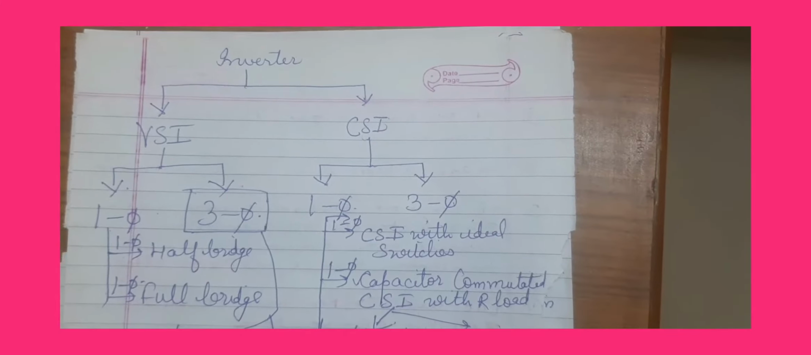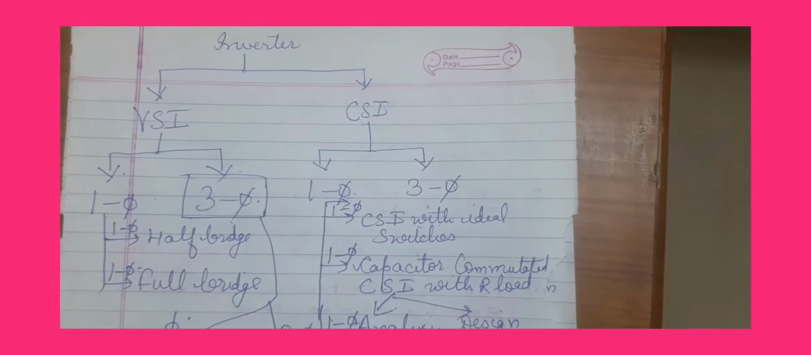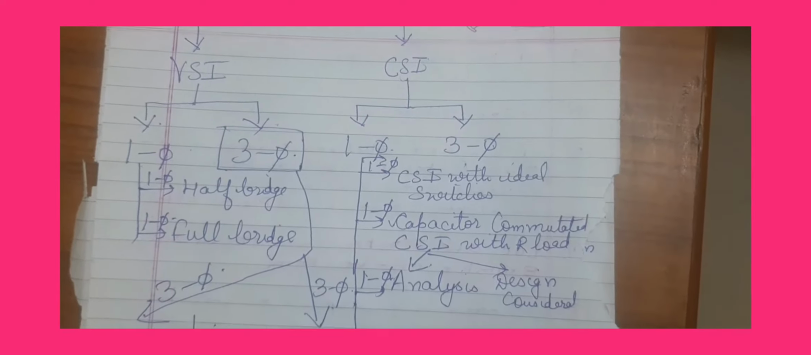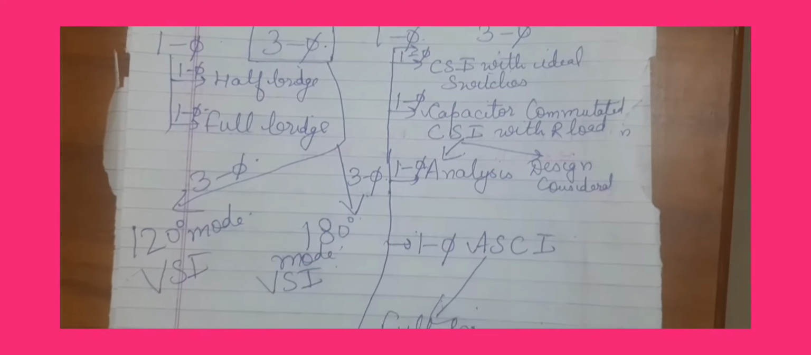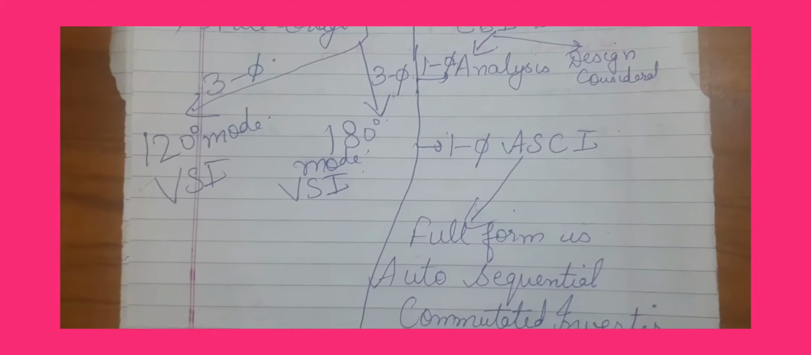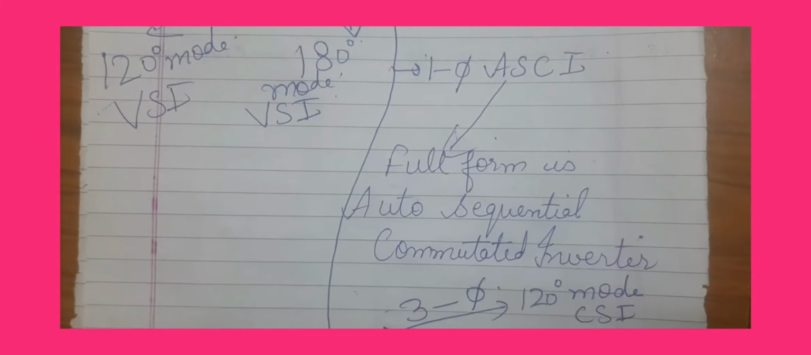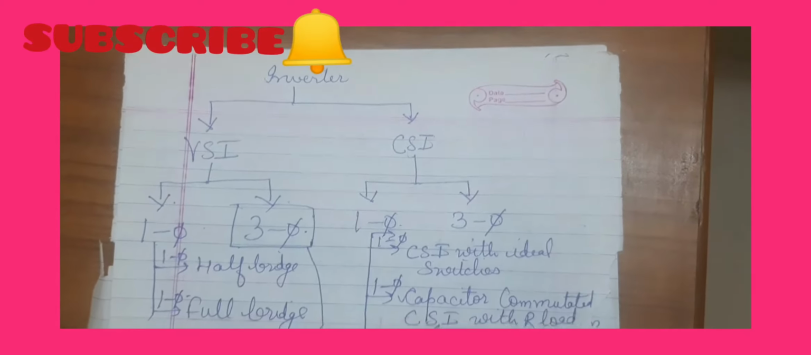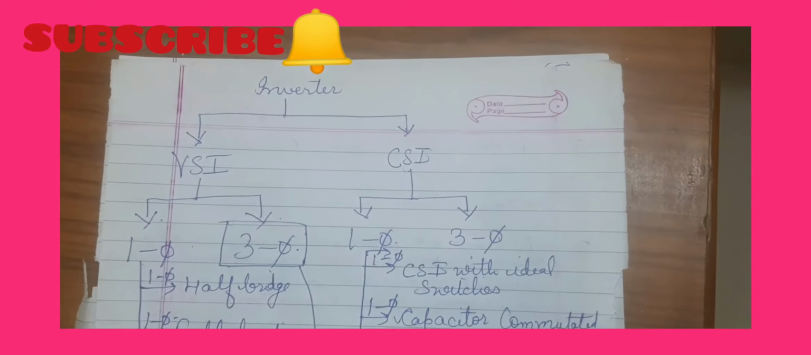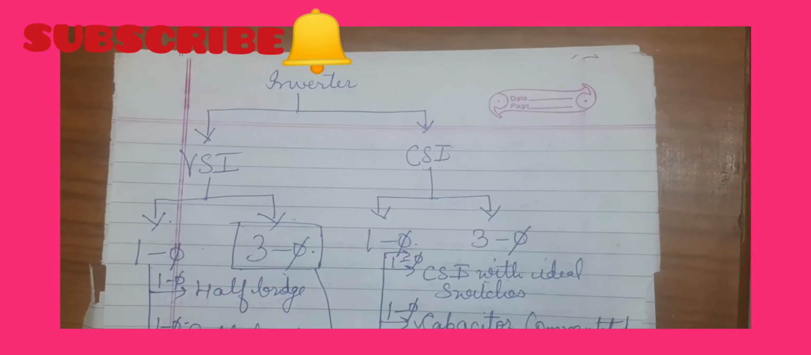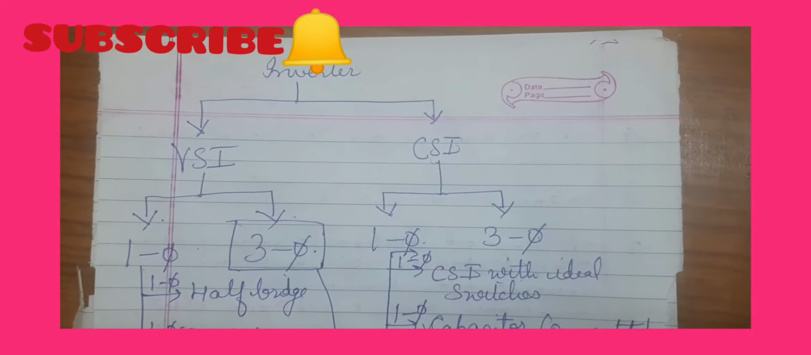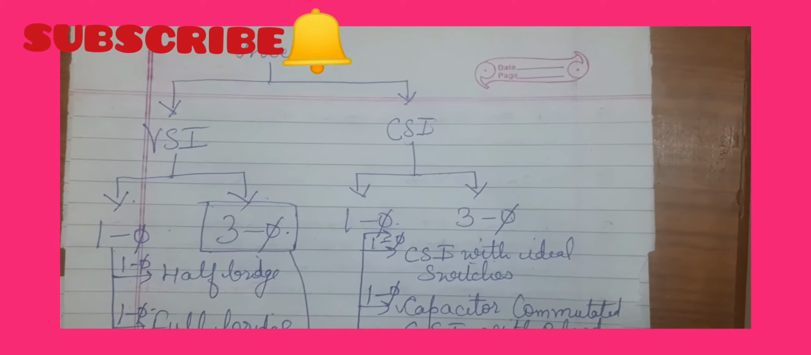Now we are starting with the current source inverter, that is the single phase auto sequential commutated inverter. Before this, I will recall what is going on in chapter 4, that is the inverter. We have two types of inverter, that is the voltage source inverter and the current source